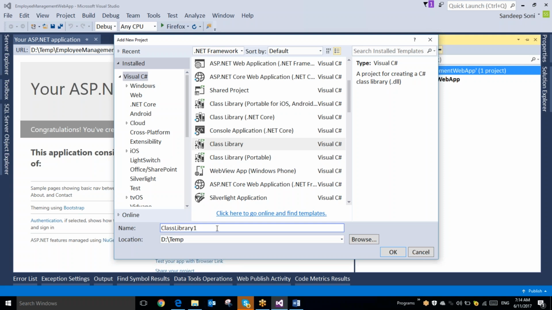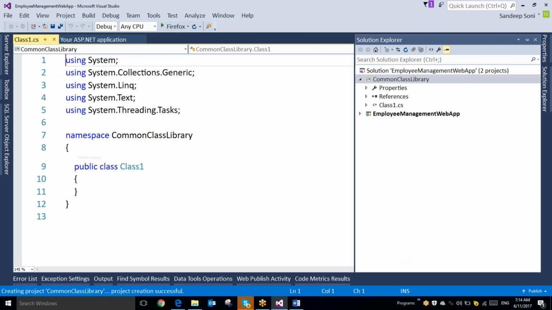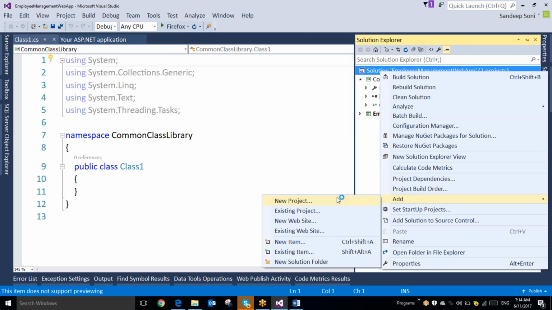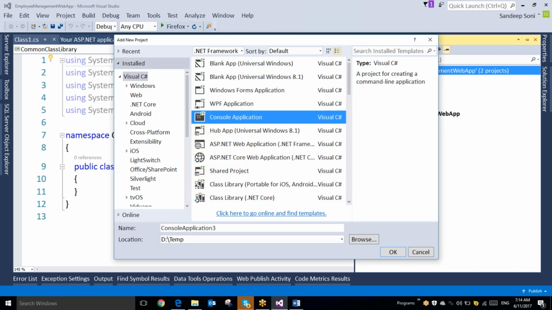And through this class library, we would like to share the classes between web jobs and the primary web application. So common class library, any name you can give which is relevant actually to the context. And then I'm going to have additionally a new project created in which I would like to use a simple console based application, basically a web job. The web job is going to work with thumbnail